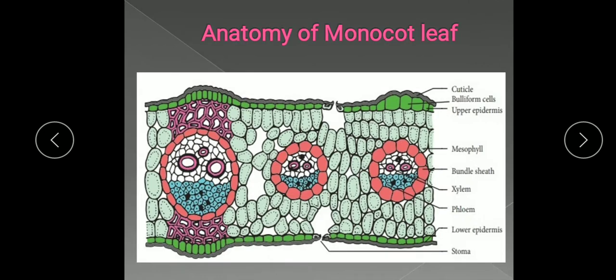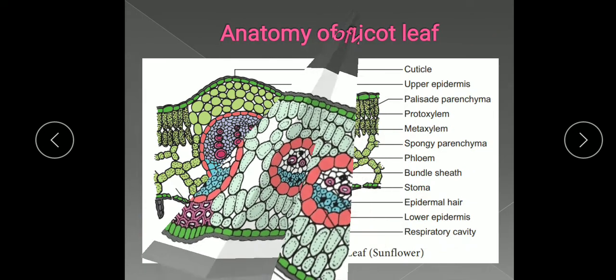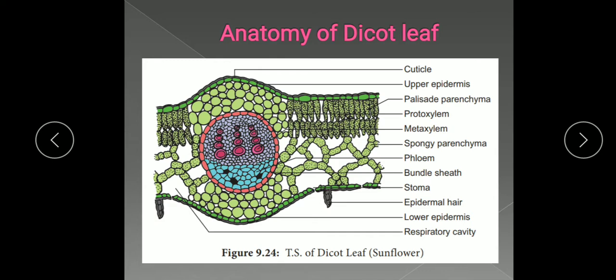After this anatomy of monocot leaf, we will study the anatomy of dicot leaf. What does dicot leaf consist of? Dicot leaf, which is known as the dorsiventral leaf also. So here also the upper epidermis and lower epidermis, two epidermis we will say. It is made up of a single layer of cells. The epidermis is made up of a single layer of cells, and the cells are covered by a layer of cuticle. Here also you will see the cuticle, the waxy layer protecting it. Cuticle is thicker on the upper surface.